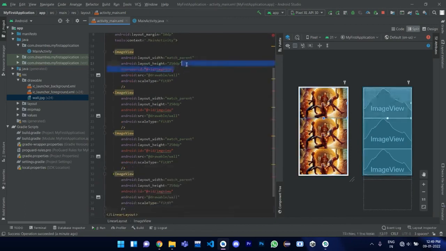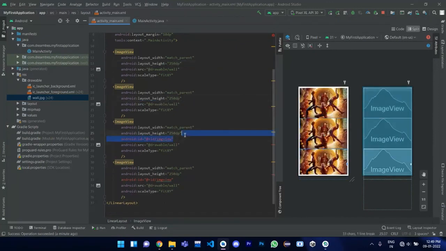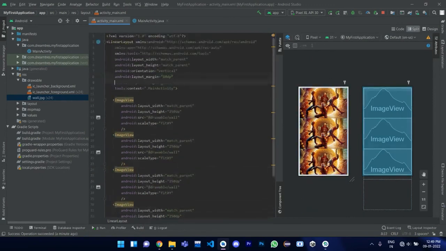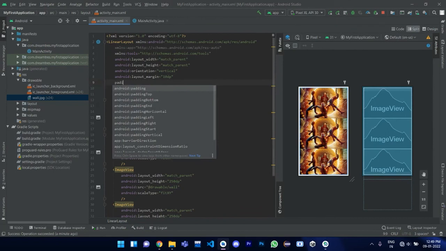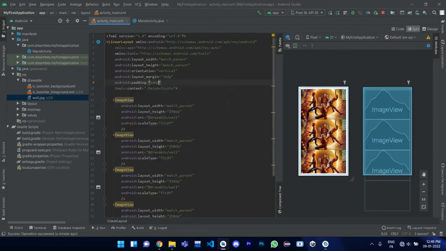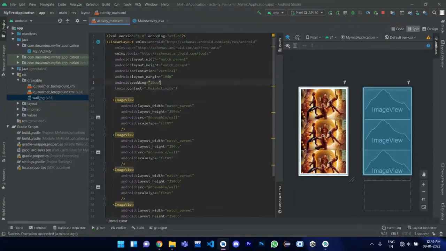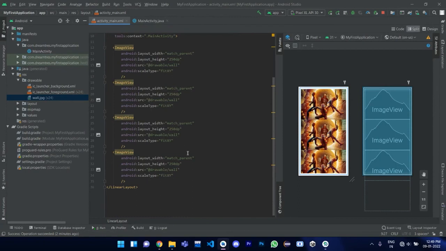Just a minute, I will remove the id part. We will add some padding for spacing within the images. There is a small amount of padding, we will increase it. Never mind, it is 10 by default. As you can see, there are 1, 2, 3 and 4 image views. So when I run the application,